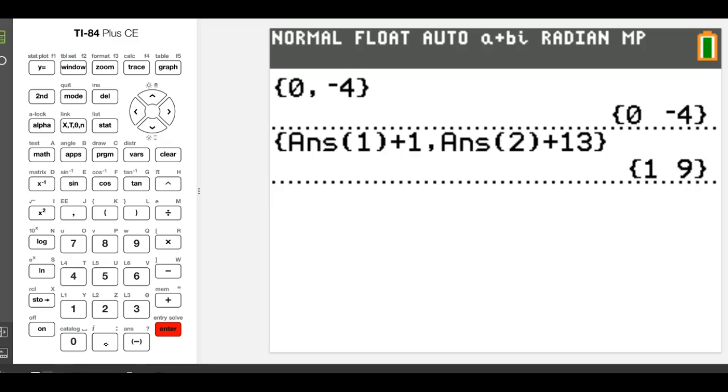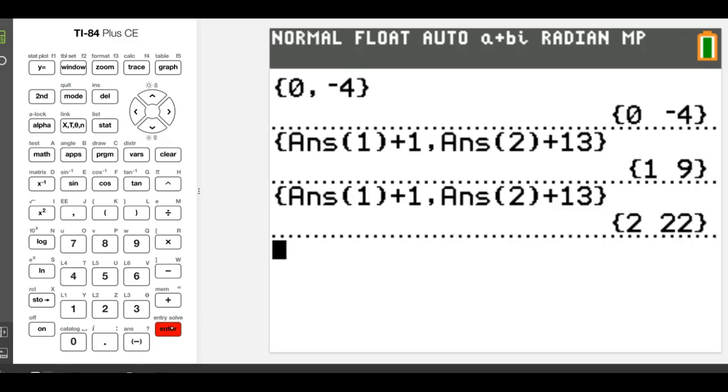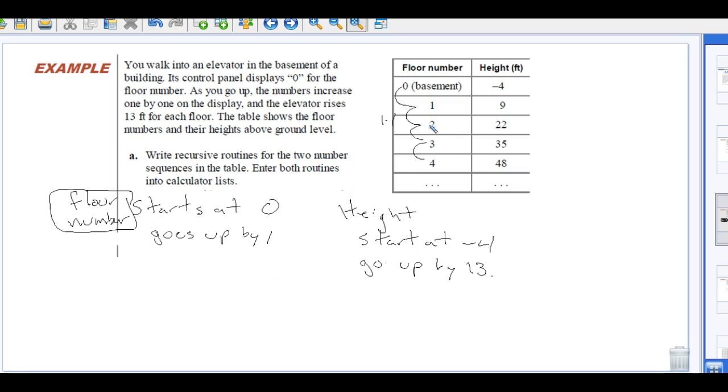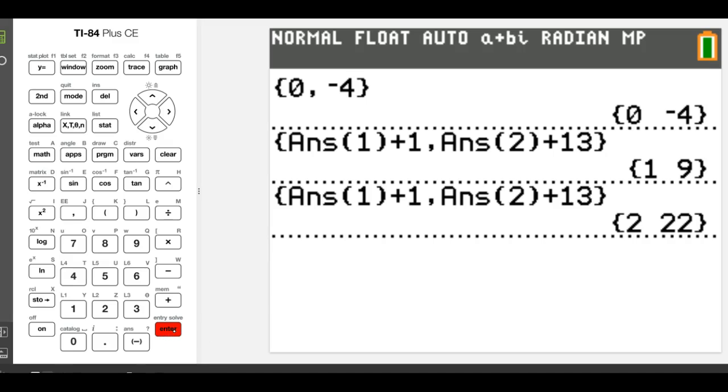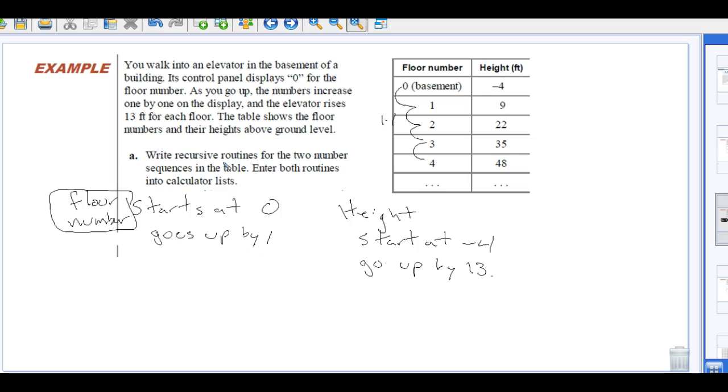Oh, hey, that's really good. And if I hit enter again, I get 2, 22. Hey, that matches up, so that means I probably typed in everything right. So again, bracket, floor number, floor height, answer 1 plus whatever we're doing, answer 2 plus the adding of the 13 feet. Okay, so there is my recursive routine,